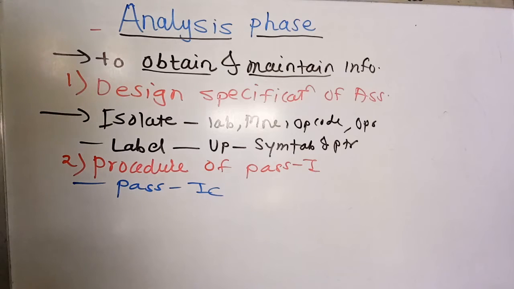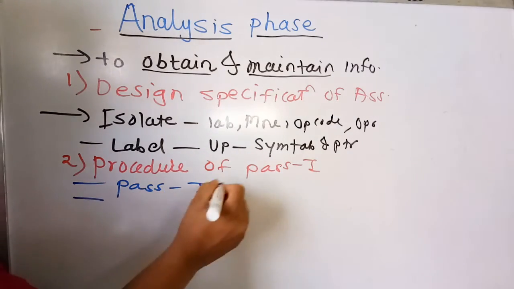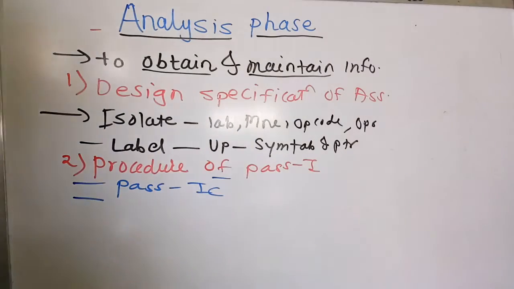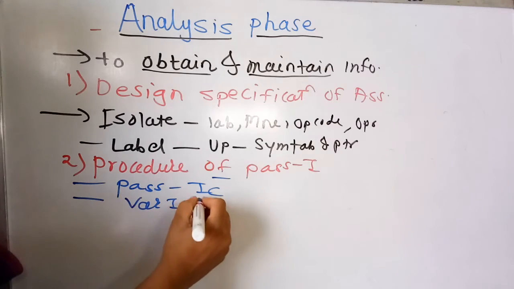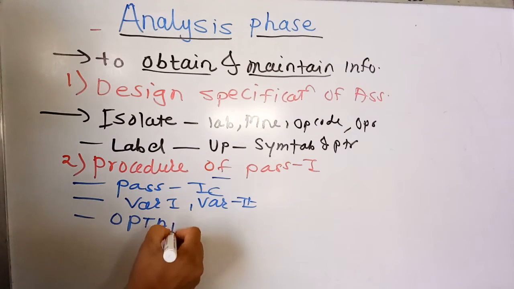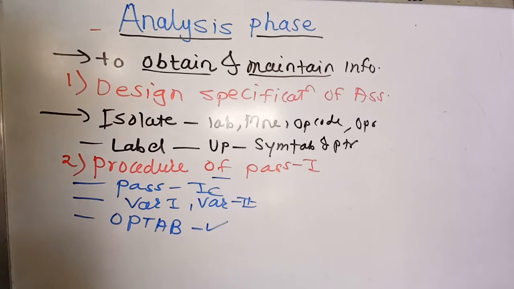There are two forms, variant 1 and variant 2. The intermediate fields can be found out using the following steps. While performing pass 1, you have to calculate or perform the variant 1 and variant 2 procedures. So how do we actually find out the intermediate code? First of all, the operation code and class of instruction can be found out from the operation table.